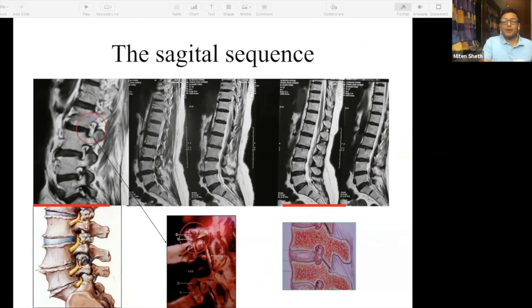That is the view at this point, seen in this direction. But when a cut is made towards the lateral aspect of the spine, what you see is the bones, the pedicle, and the foramen. That is the parasagittal cut. So from right to left, when you see a sagittal T2 weighted image, you are seeing the rightmost part of the spine going to the leftmost part. Understood? That is how you decipher the sagittal sequence.